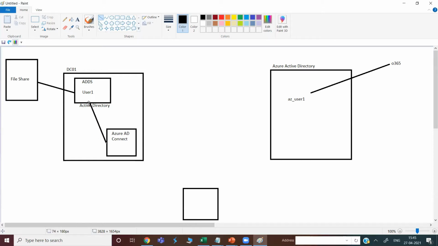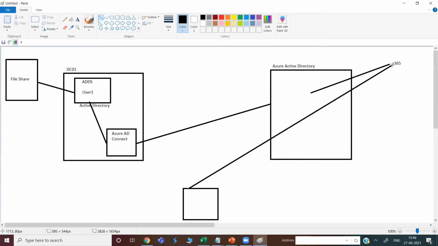So generally what we do, we connect it with the help of Azure AD Connect. One end is connected here, second end is connected here on this one. So what will happen, whatever user account you have created, that will sync up here, and with the same user account. Okay, no need to maintain two separate accounts now to access this Office 365 and to access this file share. User can maintain only one single user account, and through the same user account, he can access this file share also. He can access this particular file share also, and he can also access this Office 365, right?